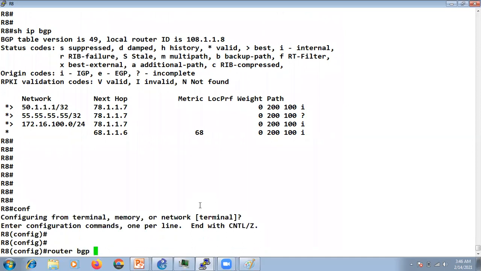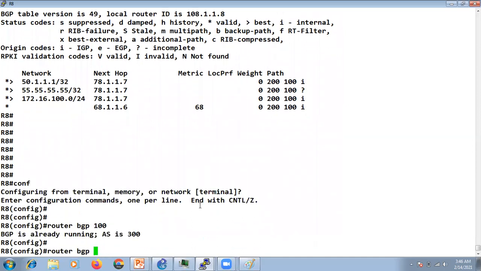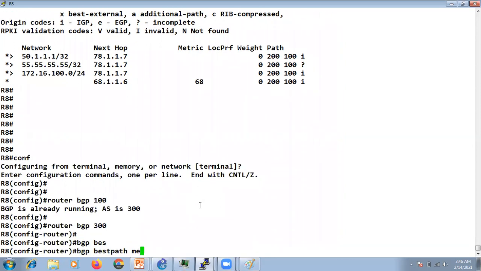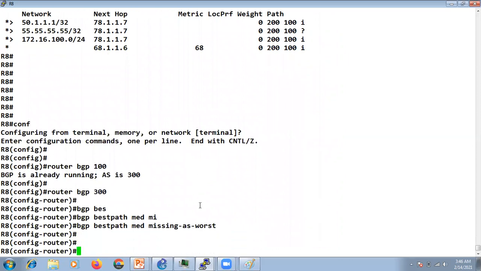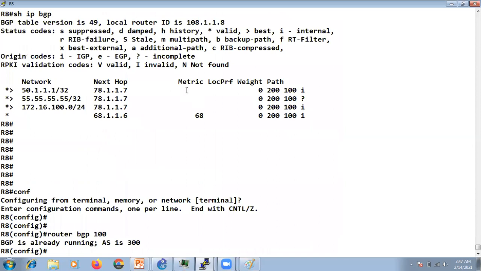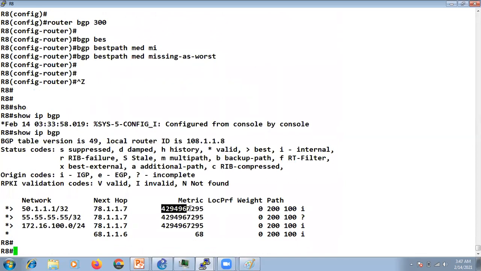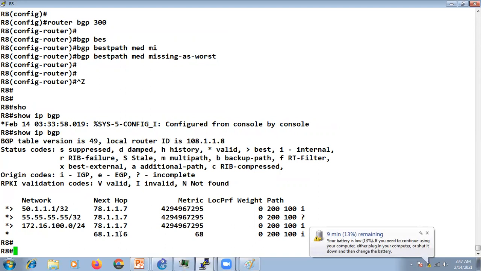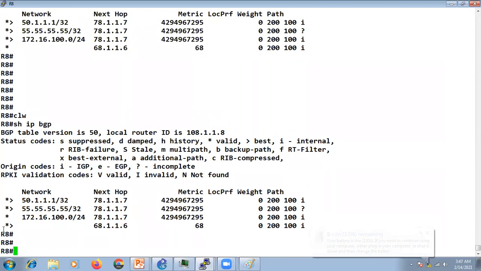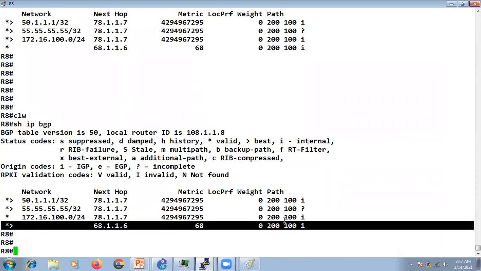You can run this command, router BGP 300, bgp bestpath med missing-as-worst. Now all the blank values are converted to a very high value. So now this router R8 is going to use R6 as the best path. This is how you can use it.